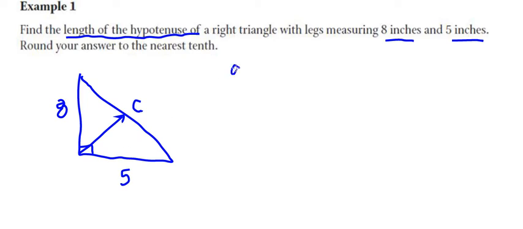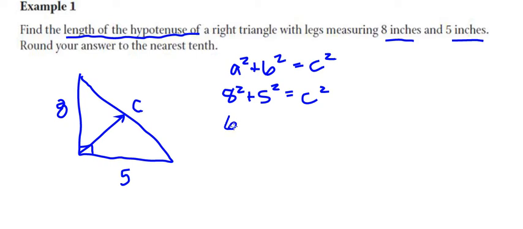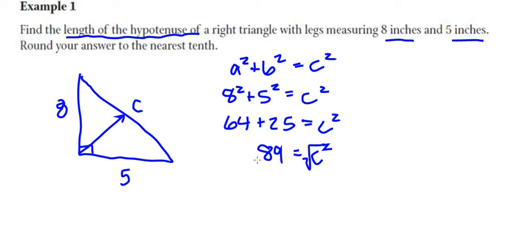So I'm going to end up doing a squared plus b squared is equal to c squared. And here we're looking for c. So 8 squared plus 5 squared is equal to c squared. So it's going to give us 64 plus 25 is equal to c squared. So at this point, when we combine 64 and 25, we end up with 89 is equal to c squared. But we want to take the square root of that, which is going to give us a c value of